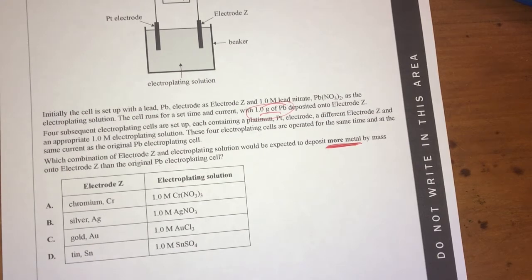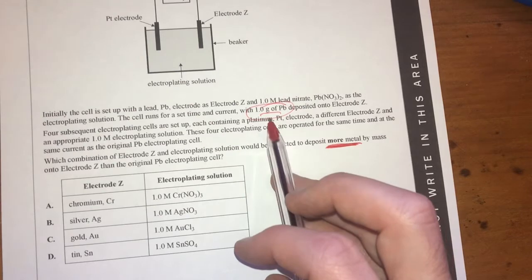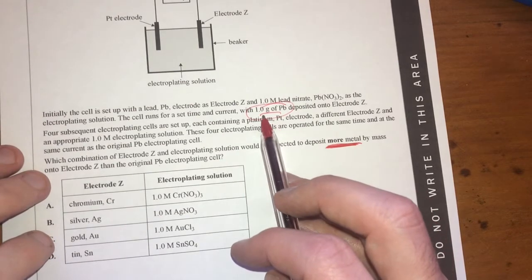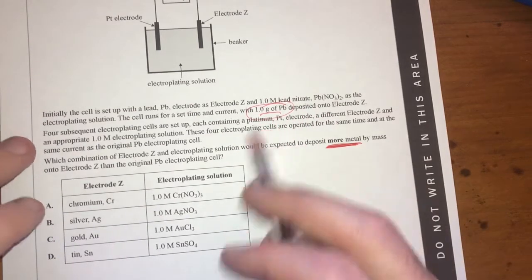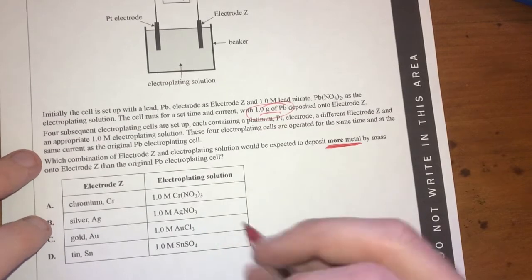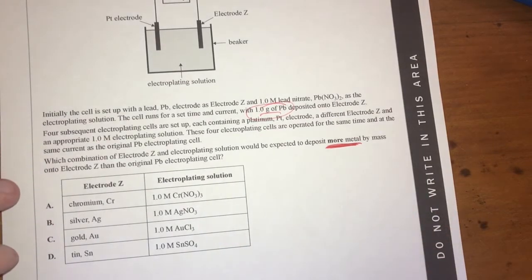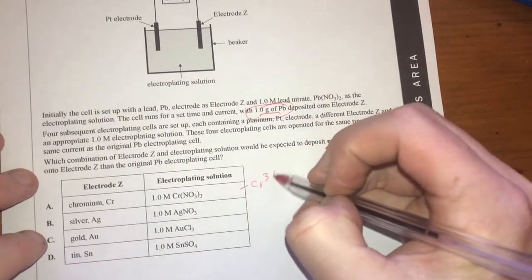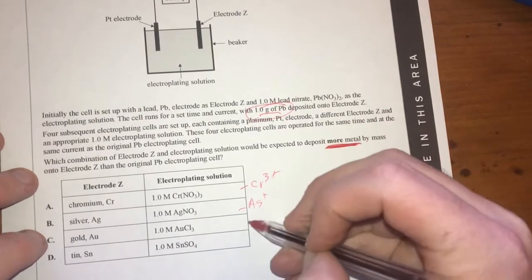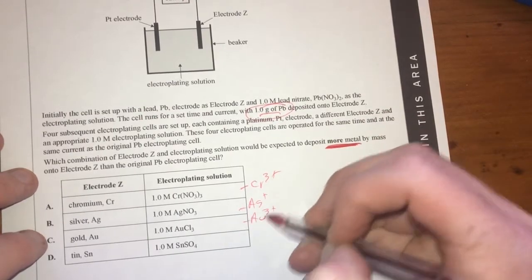So let's have a look at initially, basically what we're going to look at is, are we going to produce more mole? Well, which ones of these are going to produce a reasonable amount of mole here? Because that's going to help with this. This is a Cr3 positive ion, this is an Ag positive ion, this is an Au3 positive ion, and this is